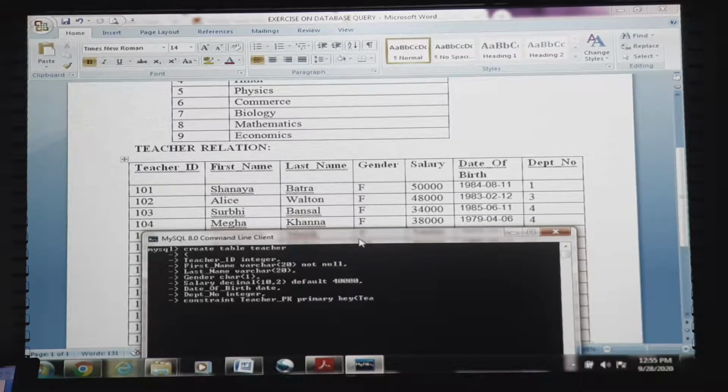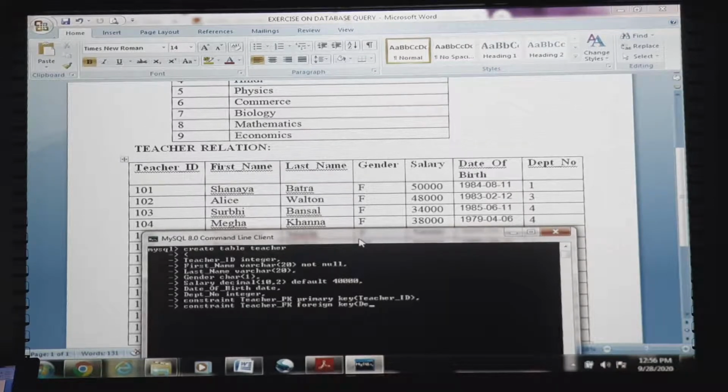In brackets, the field declared as primary key, teacher id. Constraint teacher_pk primary key teacher id. Then constraint teacher underscore fk foreign key.